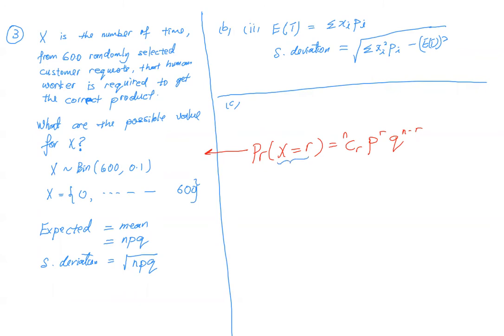Can you tell me what is the meaning of this? When I say probability X equals R, what is the meaning of this? And what is the meaning of this? This is the probability